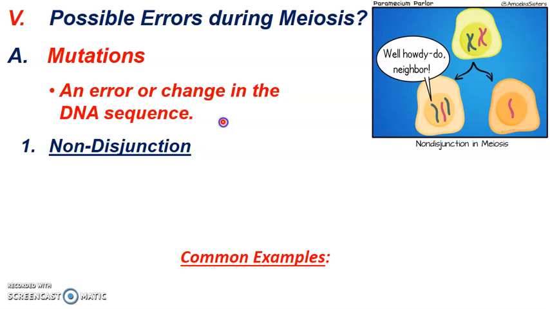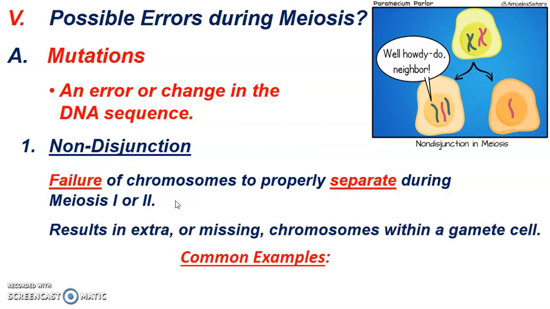But we're not really focusing on just one, two, or a couple hundred letters like A's, T's, C's, and G's during meiosis. We're looking at millions of them as a result of chromosomes not separating properly during meiosis. So when whole chromosomes fail to separate properly, it's a process referred to as non-disjunction. All right, so non-disjunction again is the failure of chromosomes to properly separate during either meiosis 1, so the tetrads or homologous pairs didn't split properly, or meiosis 2, where the leftover sister chromatid pairs do not separate